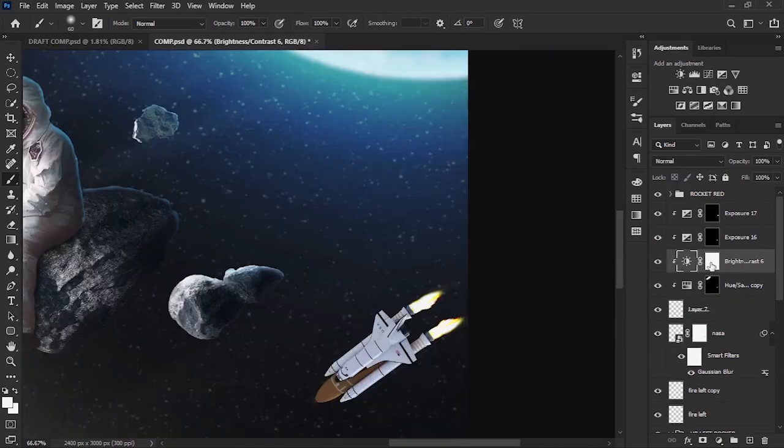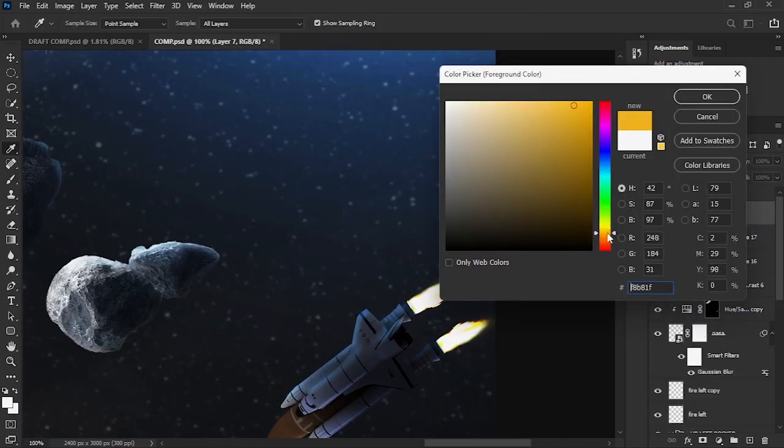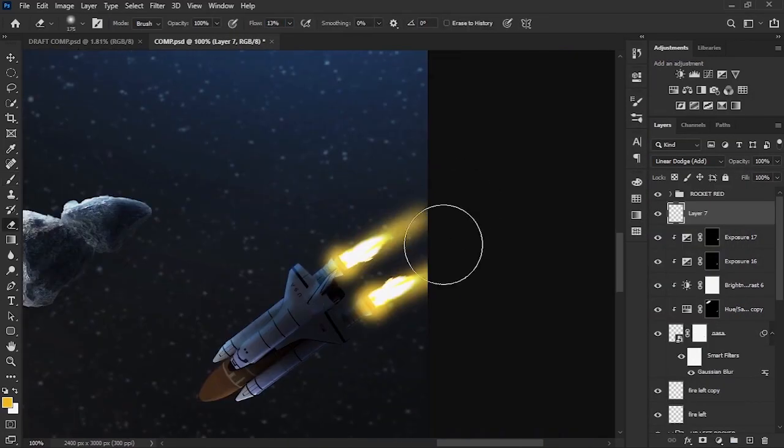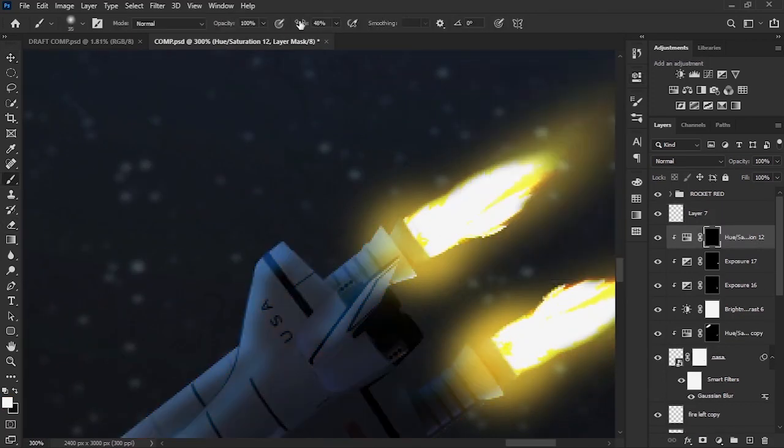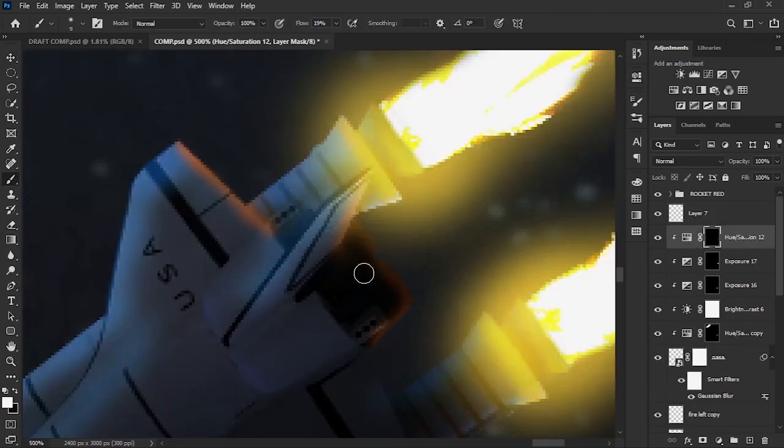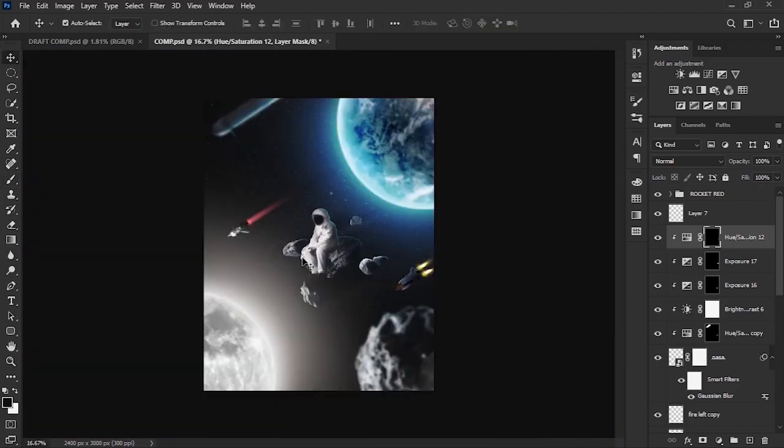Then add another layer to create a glow coming out from the fire. And also the highlights reflecting the fire.